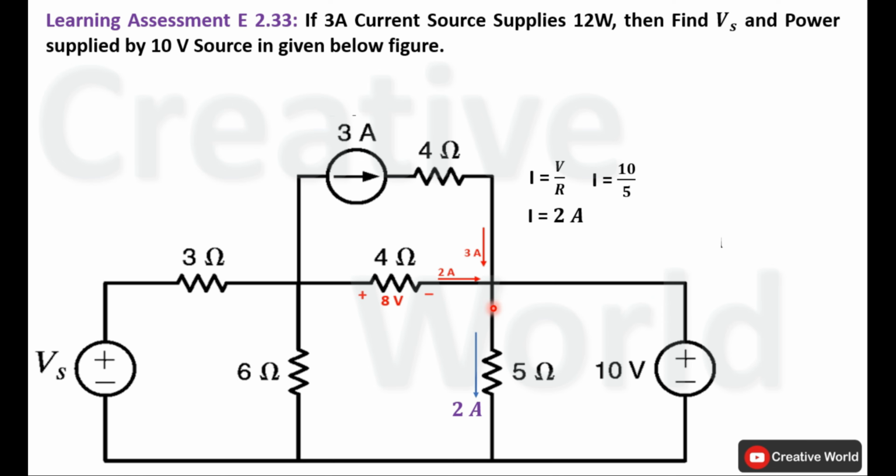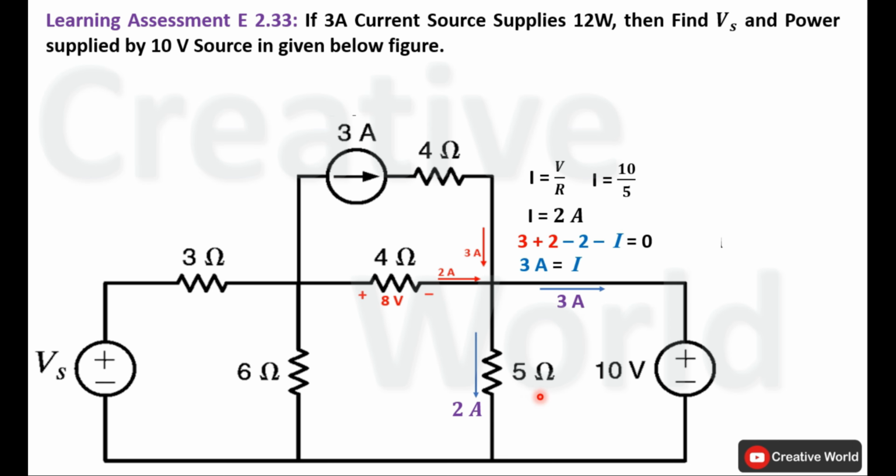branch. Place the entering and leaving currents into the Kirchhoff's current law equation. These two currents are entering on this node, so both currents will be taken with positive sign. This 2 ampere current is leaving from this node, so it will be taken with minus sign. Similar case will be with this branch current. This branch current is labeled as I and it is assumed that current I is leaving from this node. In this equation we only have one variable, that is I, so place I on other hand side of equal to calculate its value. So 3 ampere current will be leaving from this node.